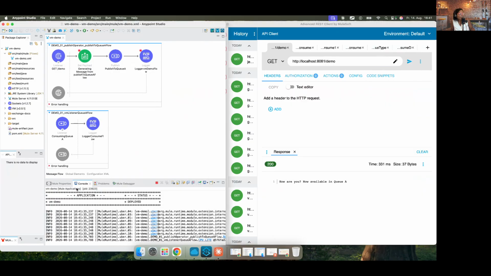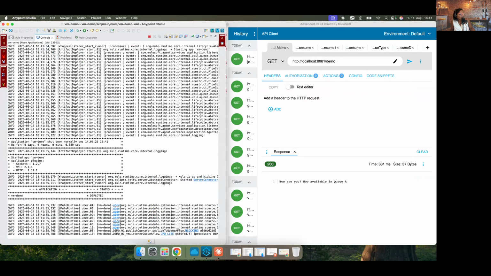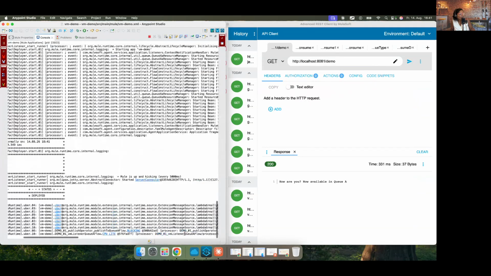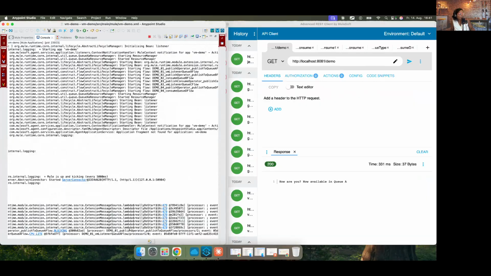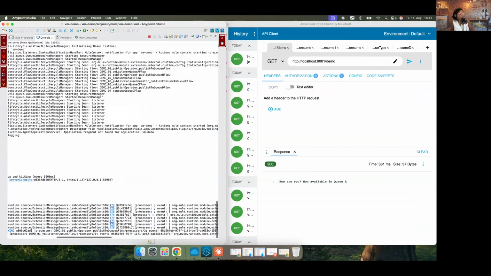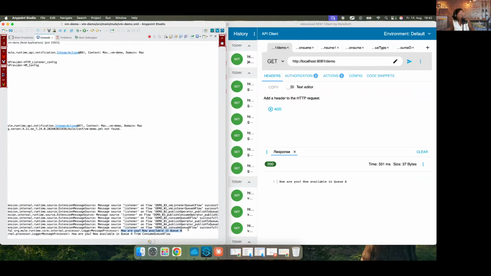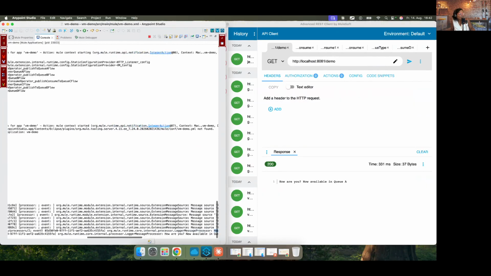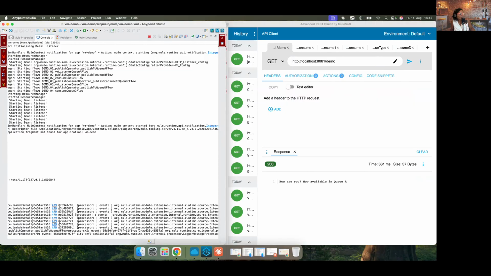And if we go back to the console in Anypoint Studio, we will see demo 01, VM listener. So first of all, demo 01, publish operator. And let us see the content is, how are you, now available in QA. Okay, this information is coming from the demo 01 publish operator, publish to QA flow.